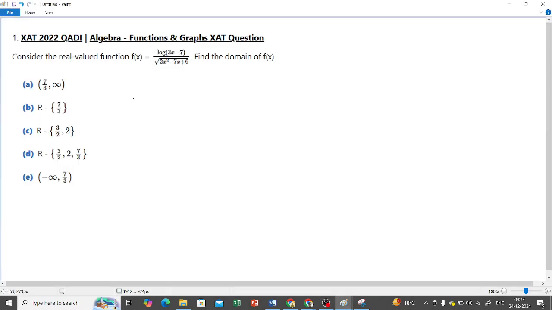Consider the real valued function f(x) equals log(3x minus 7) divided by the square root of (2x² minus 7x plus 6). Find the domain of f(x). Okay, so we have to consider both the cases. The first thing is that I have to take care of the denominator. So according to the rules that I gave, for f(x) to be real,